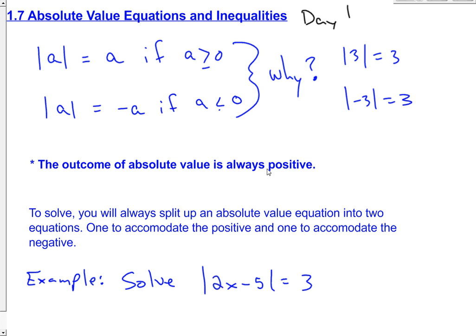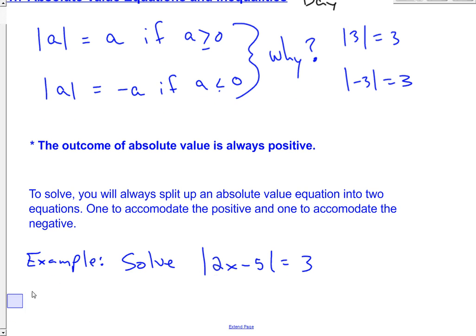Main thing that we know is that our answer is always positive when it comes out of the absolute value. The inside is either positive or negative, and you could have the same outcome. Okay? Now, looking at solving an absolute value,